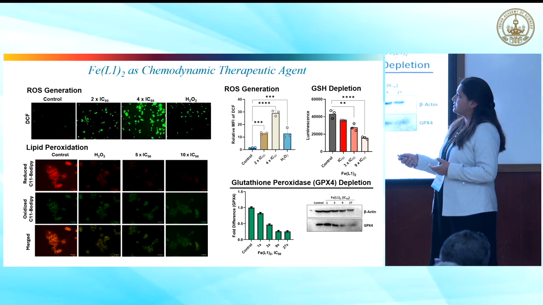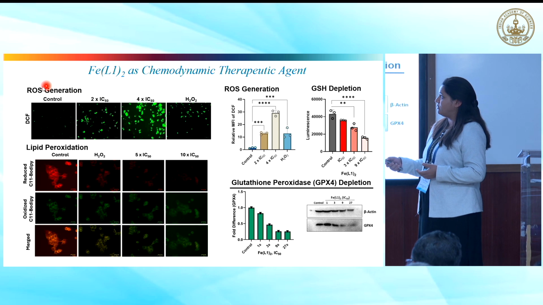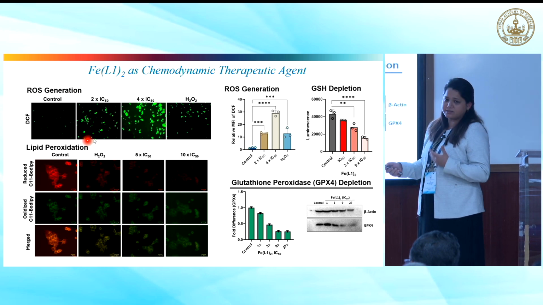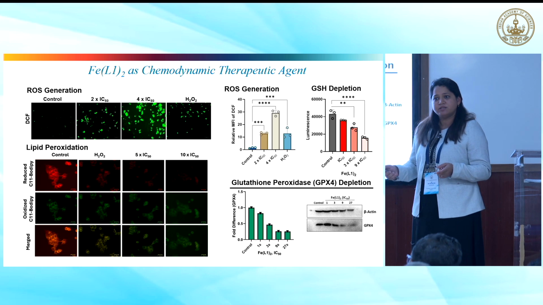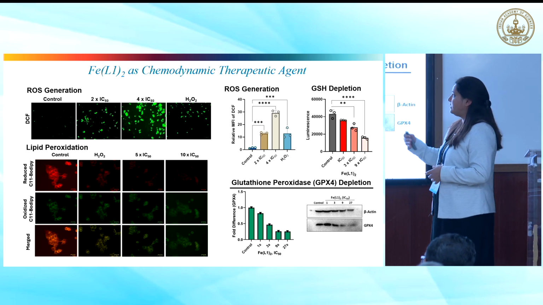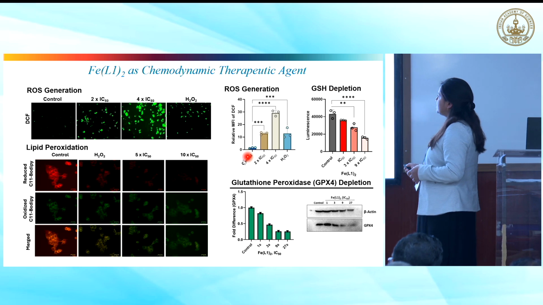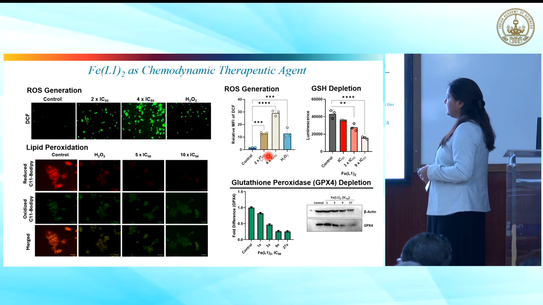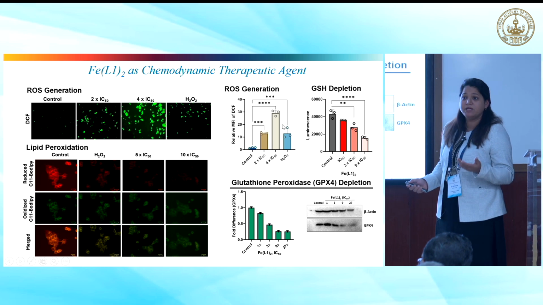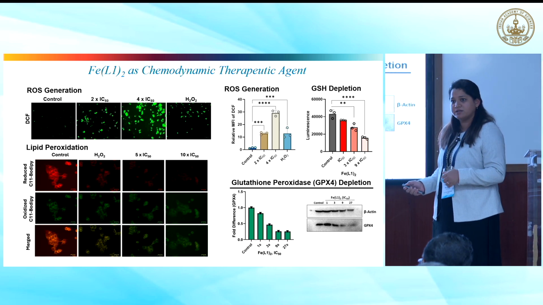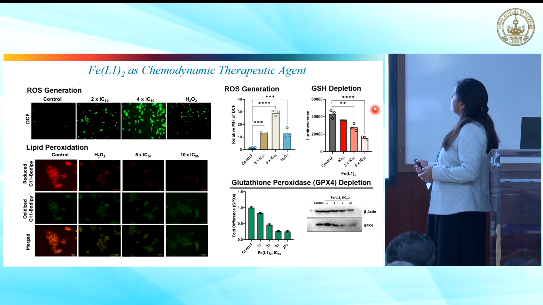And this class of compounds also generates ROS, and that's one of the cell death pathways: it goes inside the cancer cell and participates in the ROS generation. This reactive oxygen species goes and targets different organelles, and one of the effects is glutathione depletion. Glutathione is also a millimolar-concentration antioxidant present naturally in our body. So the glutathione depletion is taking place.